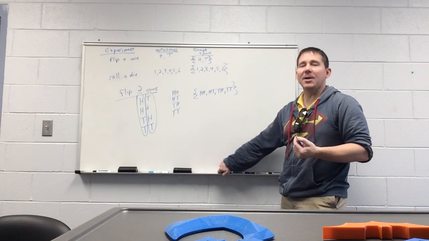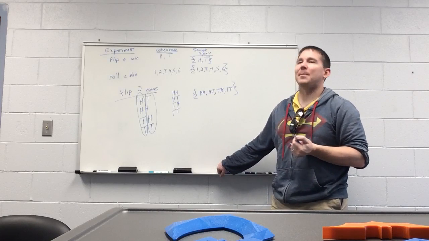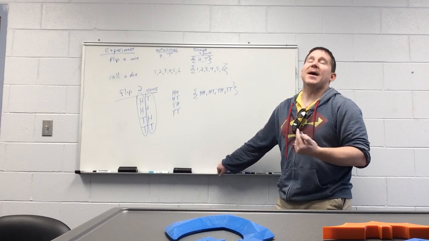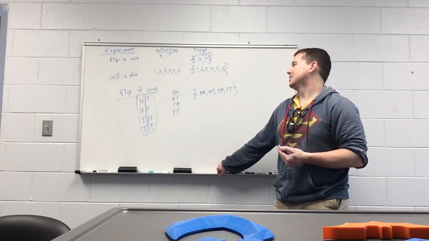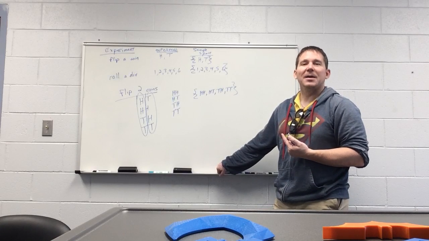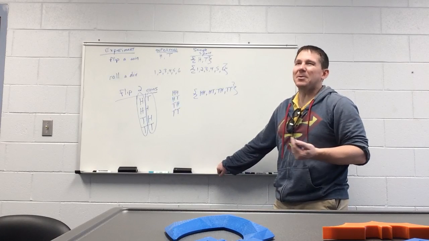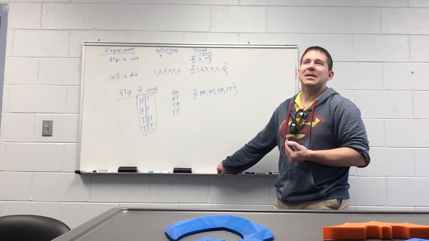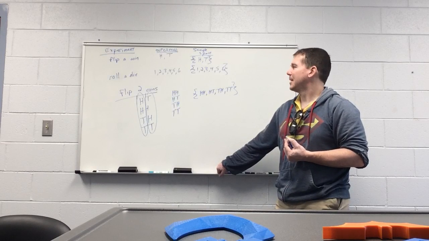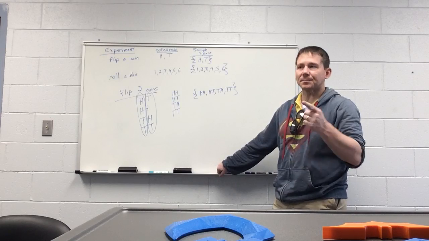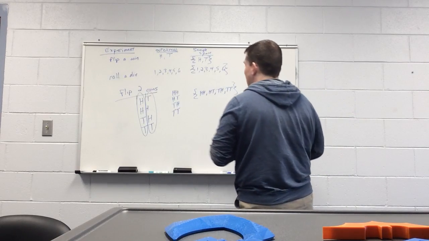But the problem is, all things being equal, you will solve problems like this, but from a math perspective, those get really boring really quickly. So instead of flipping 2 coins, maybe we want to flip 10 coins. How many outcomes are there? And how do you go about finding them? There's different ways to go,